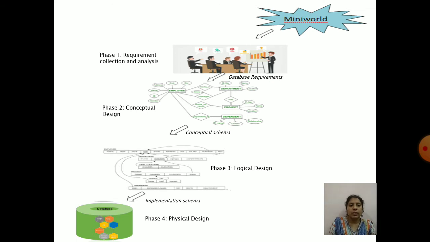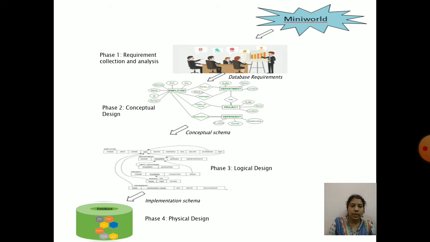Okay, now once the requirements are collected, they'll segregate them into database requirements and functional requirements. For the database design phases, we'll consider only the database requirements, the data requirements. These data requirements will be modeled using high level data models.